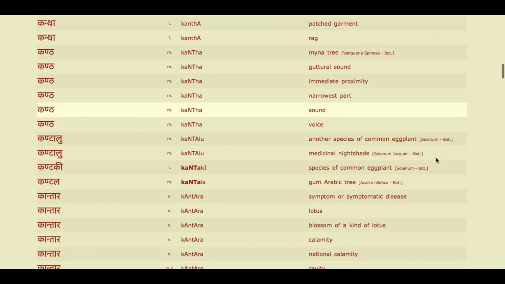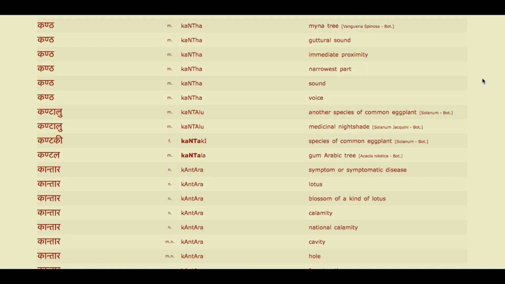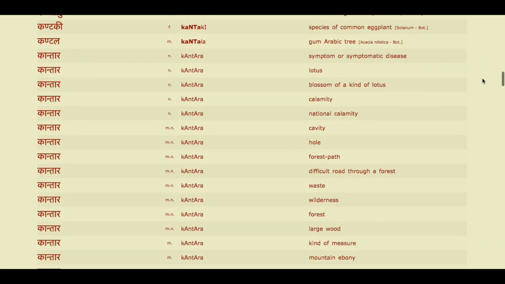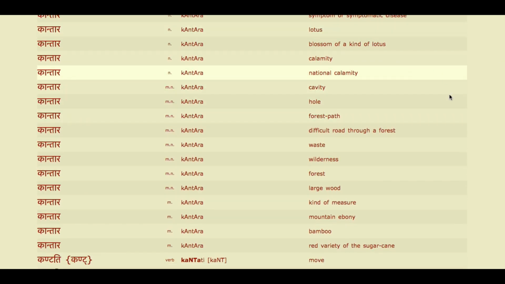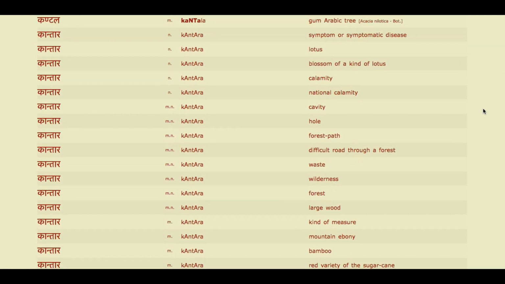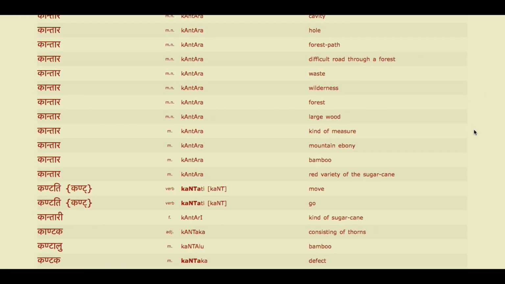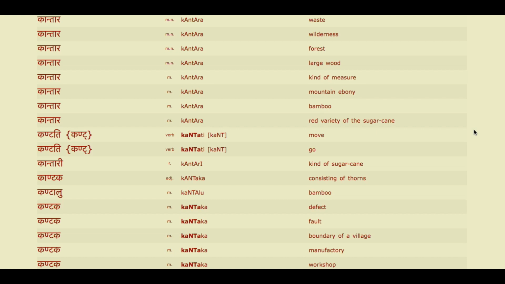Let's see what else. It's sound, it's a voice. The tree symbolism, you can't get enough of it. And going back to the world tree, the tree of life, Christ saying that he is indeed the vine. And so all these things, guys, we have to keep our eyes open to find the clues, right? The lotus, the blossom of the lotus, which is used throughout the Vedic scriptures and all of yoga. Kantara is also a hole. It's a non-thing,